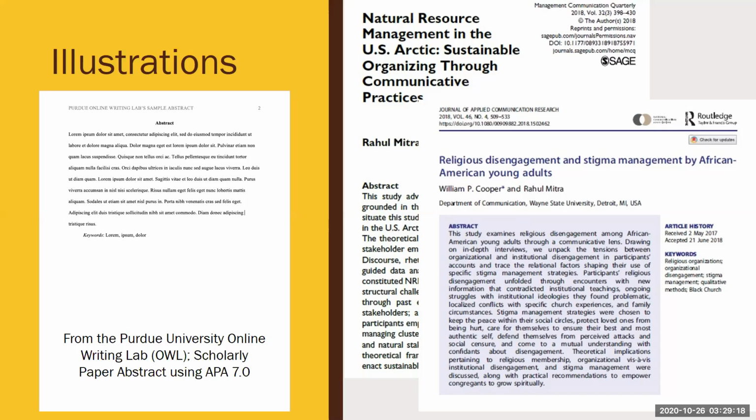This is a paper that I developed with a student of mine, and we really looked at religious disengagement and stigma management by African American young adults. The specific order of the sentences differs a little bit from the first abstract you saw, but as you read this in a little bit more